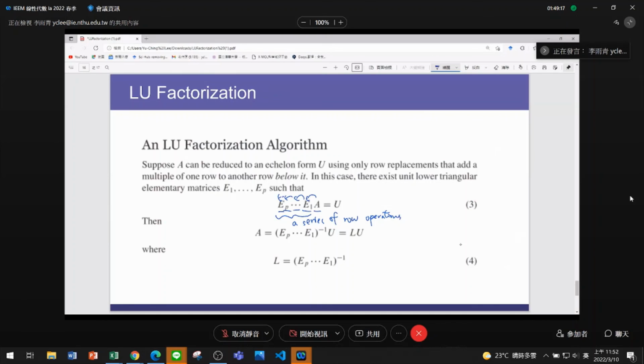So suppose there are P row operations being executed, and then the result is U. We put U on the right-hand side of this equation. Then we can use the notation of inverse matrix, which is A equals to this, treat everything as a bunch,